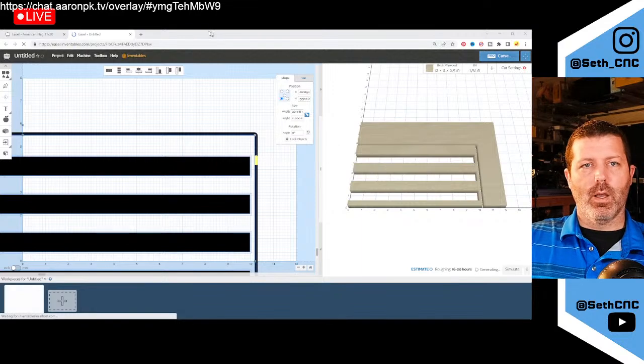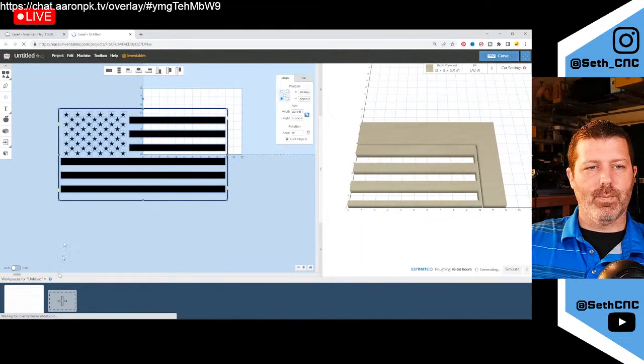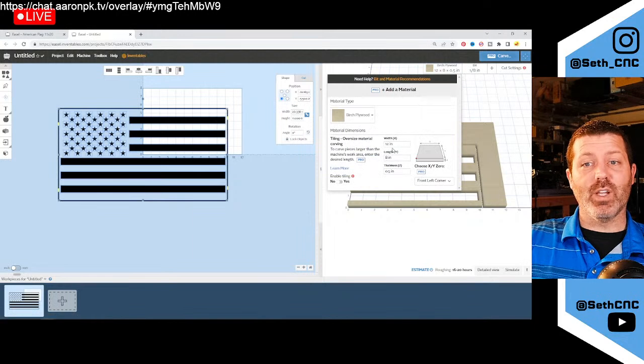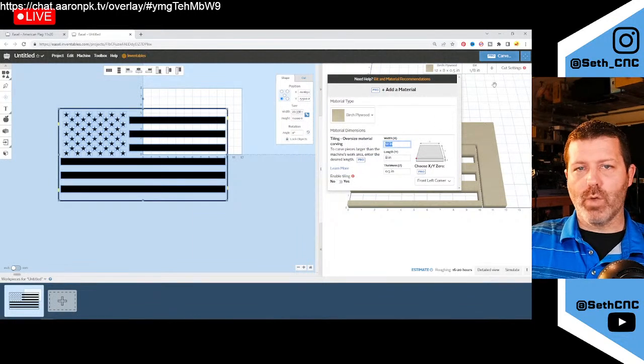Yeah, there's the chat. All right, so I went ahead and copied the flag in here. Let me zoom out again. Copy the flag in here. We need to set up the workpiece size. This particular flag is set up for, I think, a 20 by 11, roughly. So usually I use an oversized workpiece. We can go ahead and set this up to